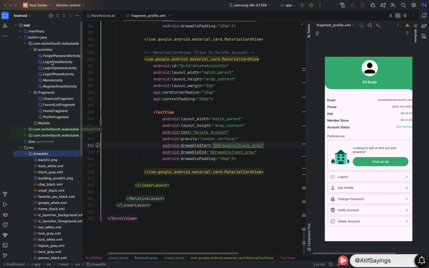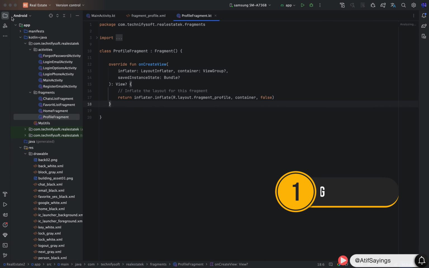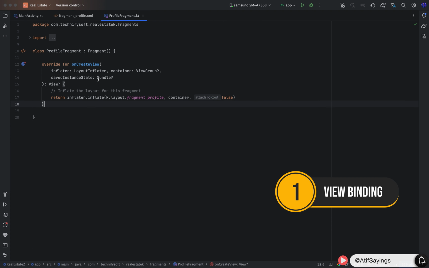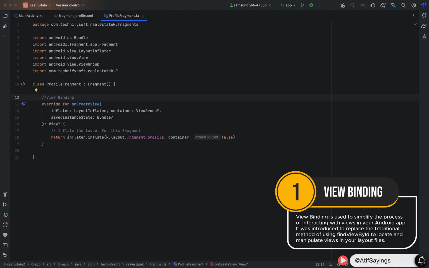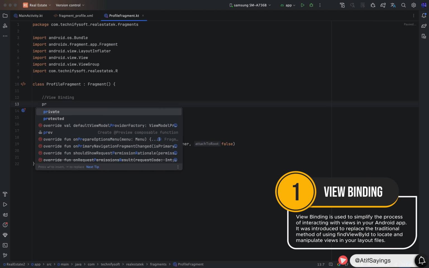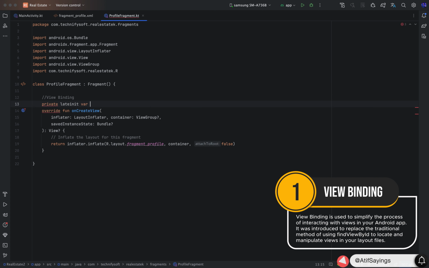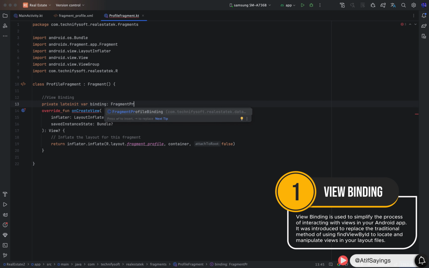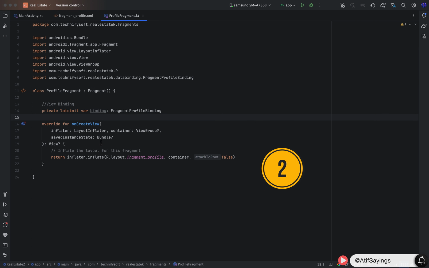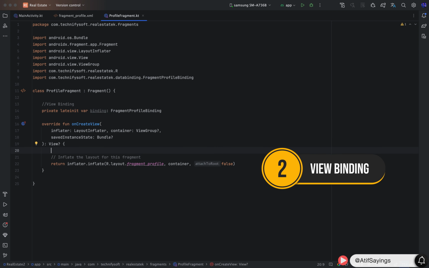Now our next step is to open the profile fragment class, and in start we will bind the layout fragment profile.xml file with this profile fragment class. We will declare it in class level, private, lateinit variable, name it as binding, and which is of type fragment profile binding. And we will initialize it in onCreateView function,